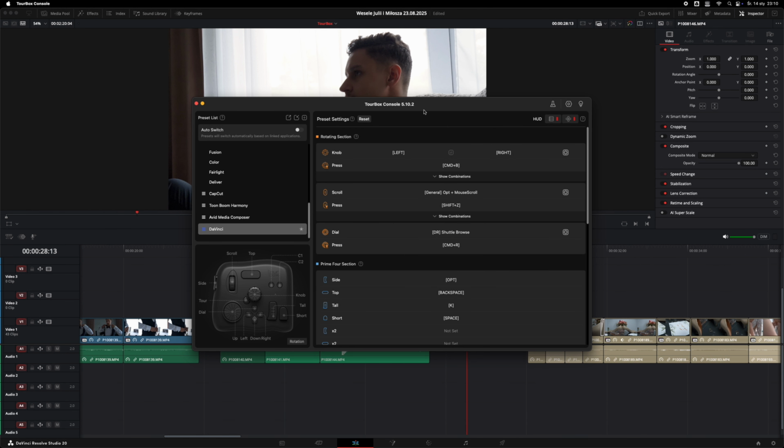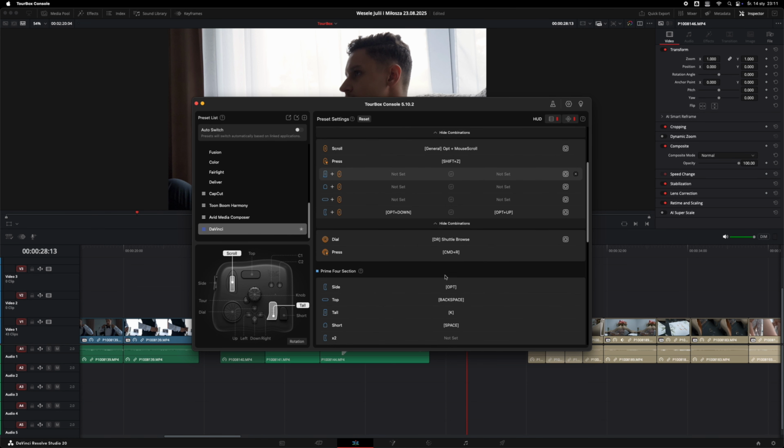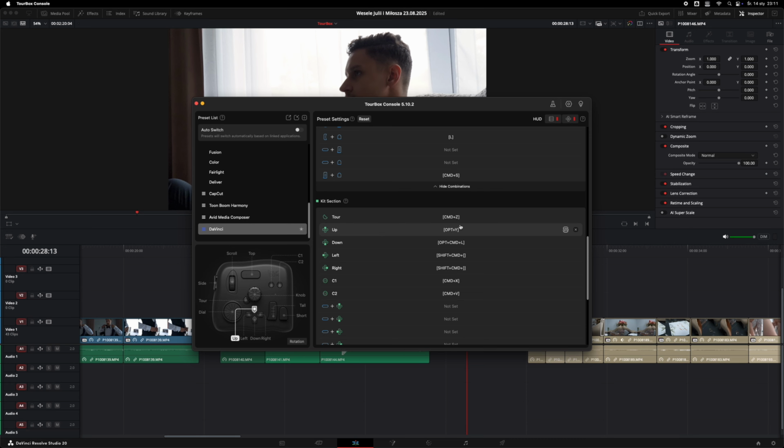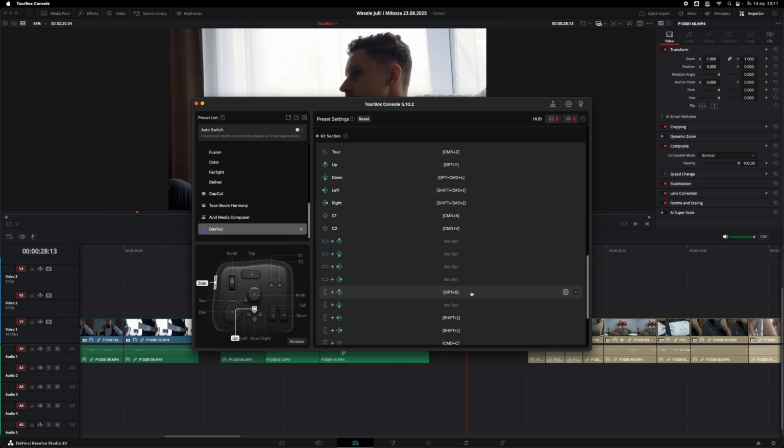And here we have the Toolbox console, so you can customize all the buttons, as you can see, and of course combinations. So you can choose whatever you like. And of course I know it is very hard to remember all those settings.